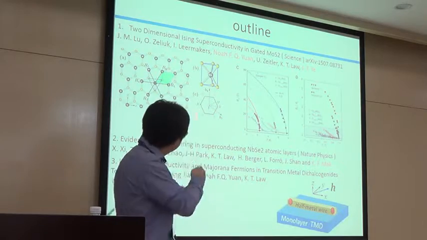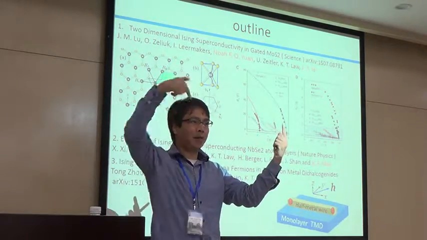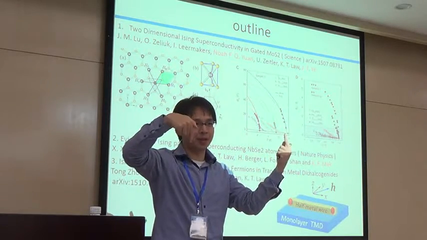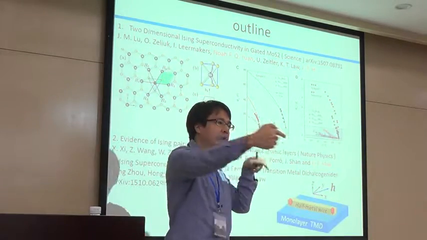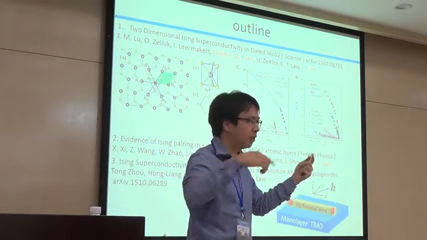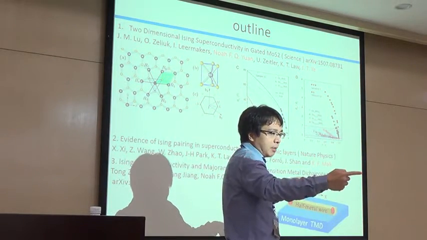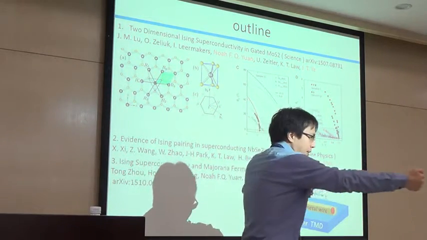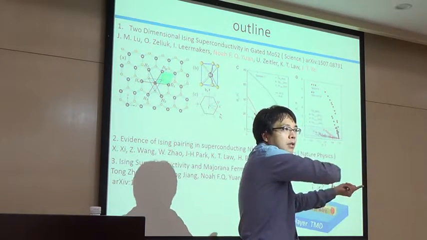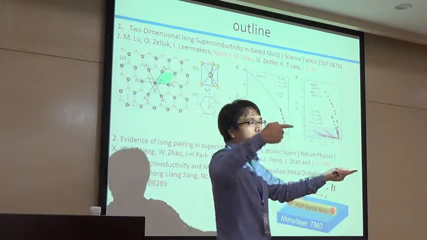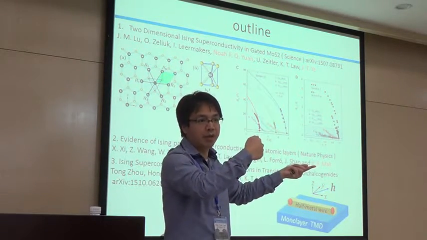The electrons in this material, actually the spins, are pinned to the up and down direction because of spin-orbit coupling. It's very different from ordinary spin-orbit coupling, for example the Rashba spin-orbit coupling. If you have a 2D system, the spin of the electrons on the Fermi surface is pinned to the in-plane direction.